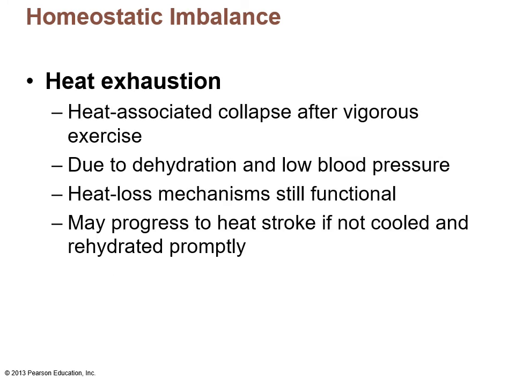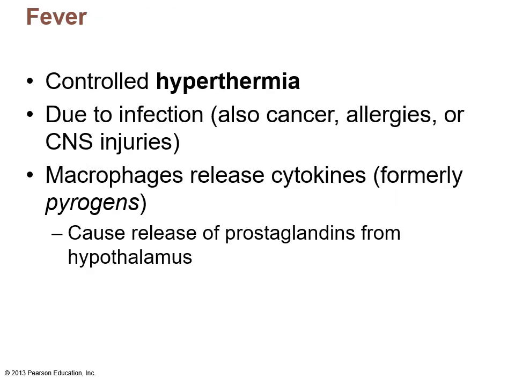Heat exhaustion, not quite so bad, is heat-associated collapse after vigorous exercise, not getting enough water, and by losing water volume, your blood pressure can drop. Heat loss mechanisms are still functional, however, but it may progress to heat stroke if the person is not cooled and rehydrated properly. Fever is controlled hyperthermia due to infection, cancer, allergies; central nervous system injuries can cause it. Remember that these pyrogens, we talked about these in the immune chapter, they reset the thermostat to increase the temperature, and prostaglandin E is what causes the increase in